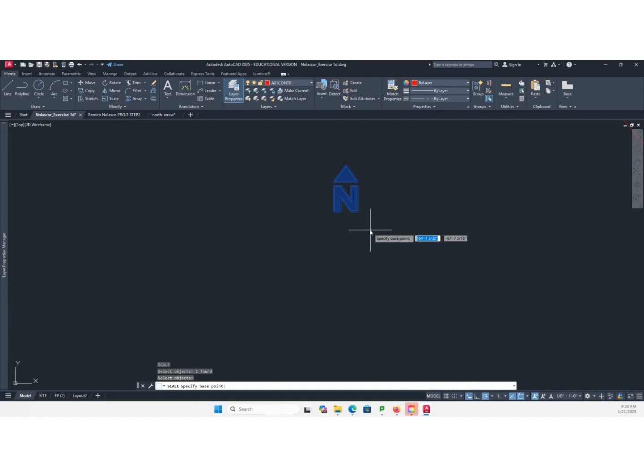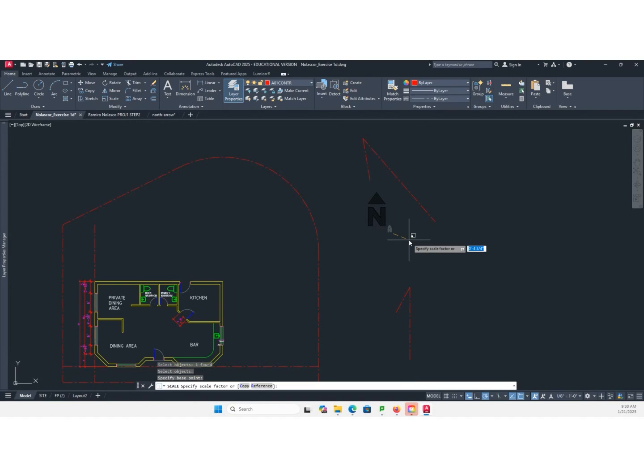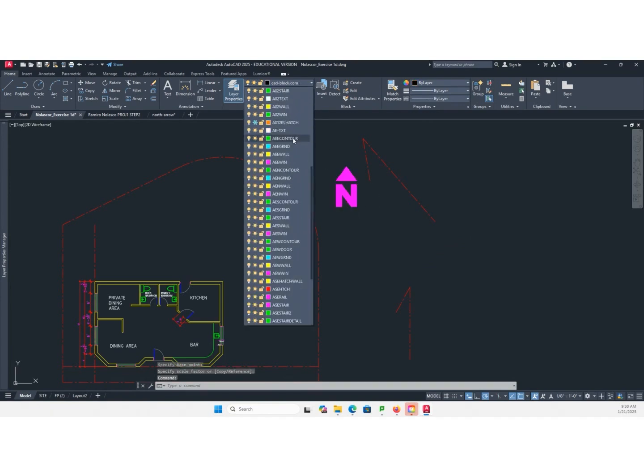Scale this by, let's say, 3 times bigger, so 3x. Nope, doesn't want that. Scale this by, I'll just eyeball it, maybe this much. And change this to my layer.